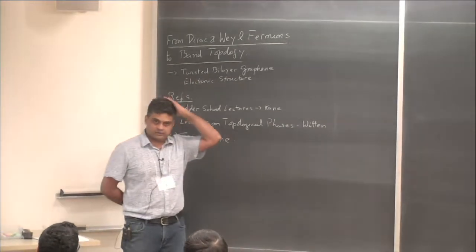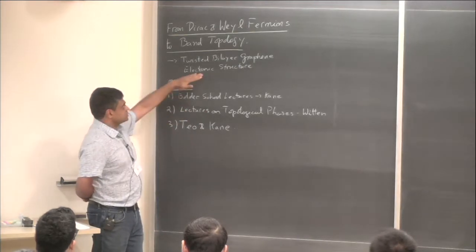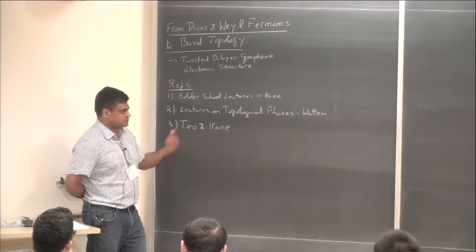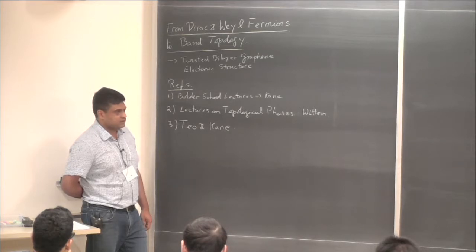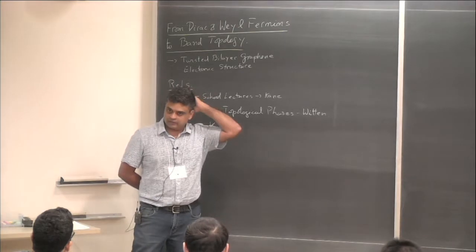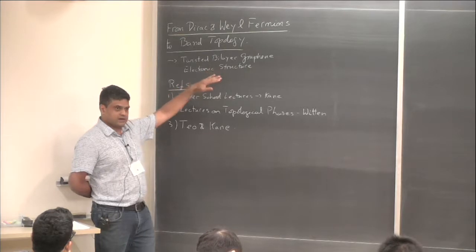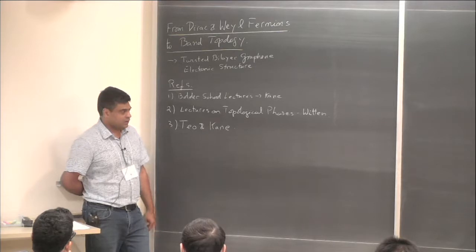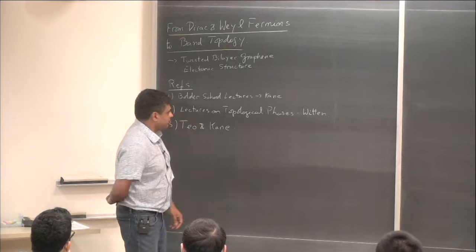about this very new and interesting problem, this system called twisted bilayer graphene. There are many different aspects, and of course, it's a very active research topic. But what I'll try to focus on is some unusual aspects of the electronic structure of this system. To get there, I'll need to build up some background, which is what this first lecture will be about. And let's see how far we go. It depends a little bit on people's background.